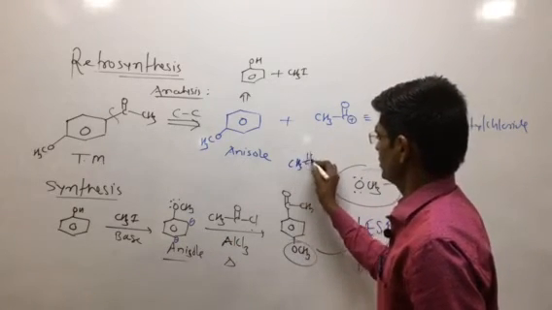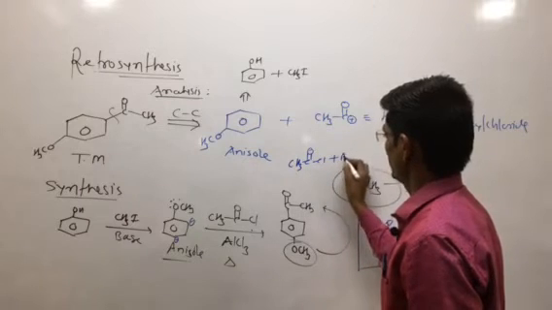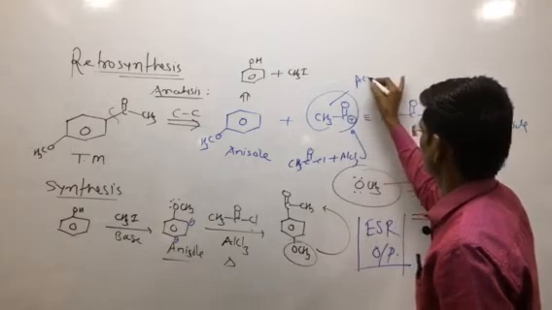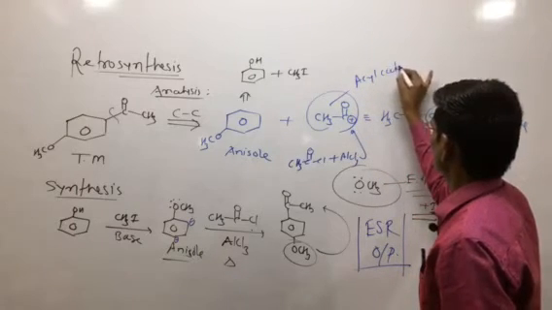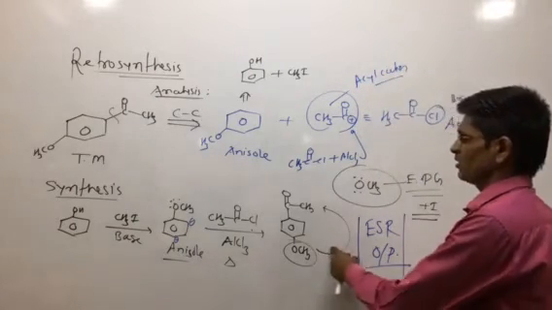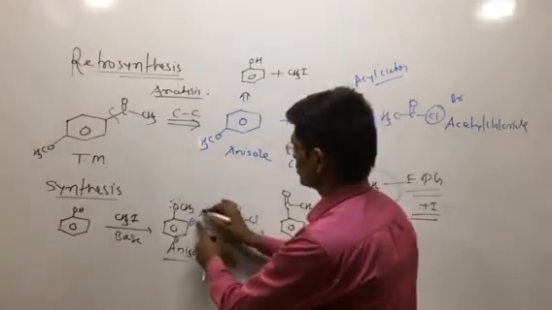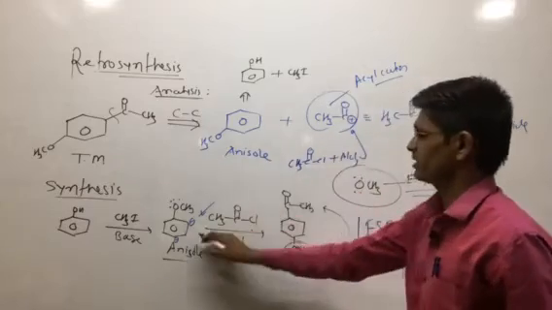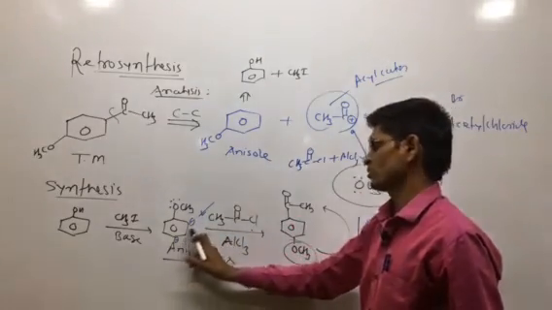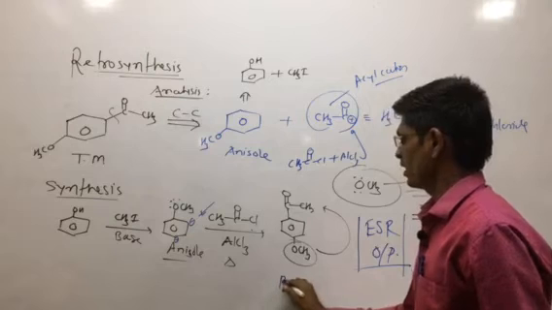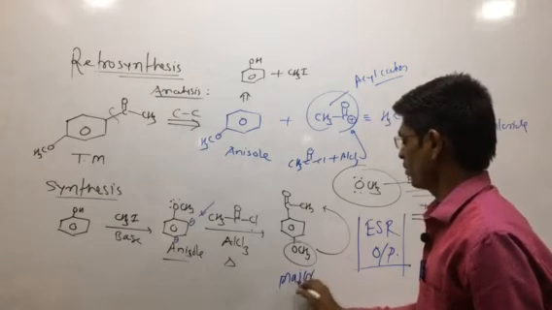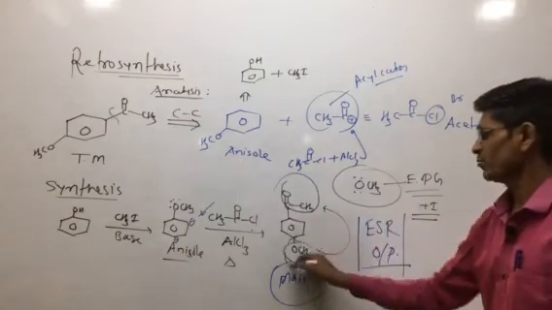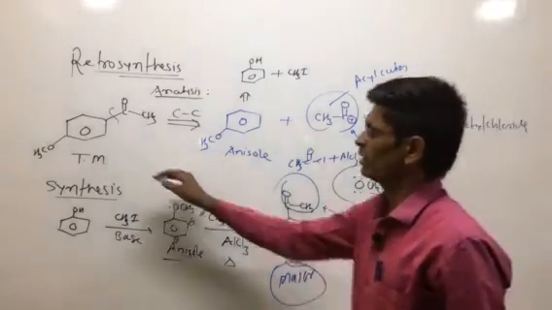As you can say, CH3COCl, if it is reacted with AlCl3, then formation of such a species, that is the acyl cation. This acyl cation is treated with the nucleophilic benzene ring, and the electrophilic substitution reaction takes place at ortho and para position. But the para product is major due to the absence of steric crowding between the acetyl and methoxy groups. That's why the target compound is obtained.